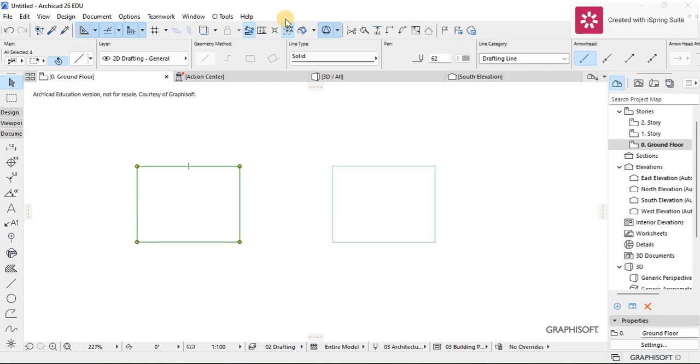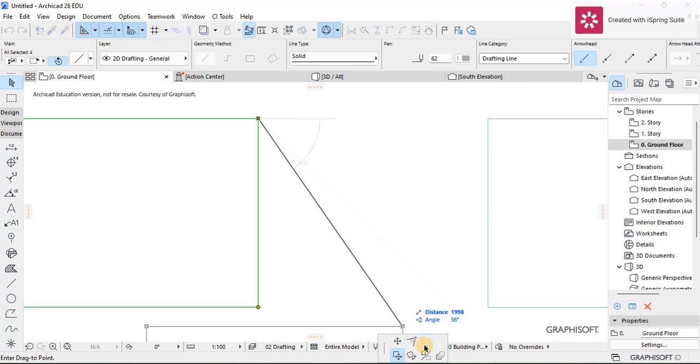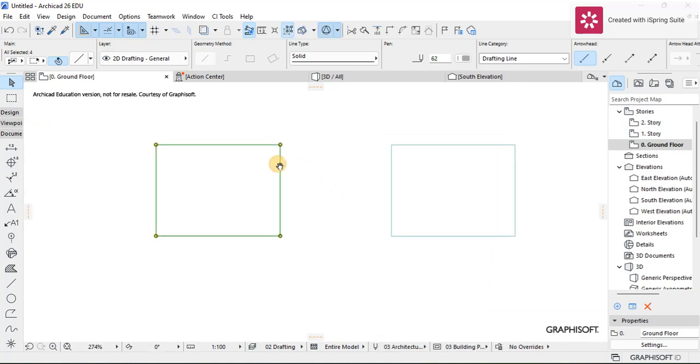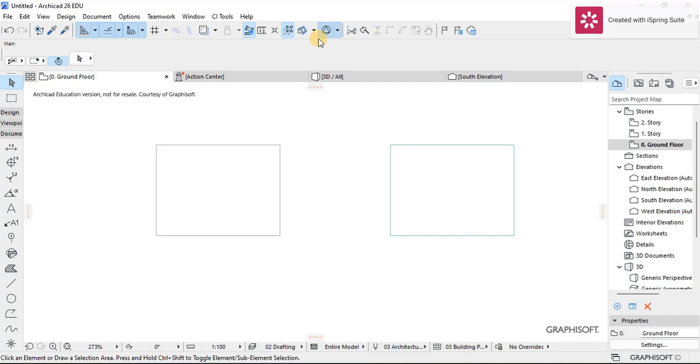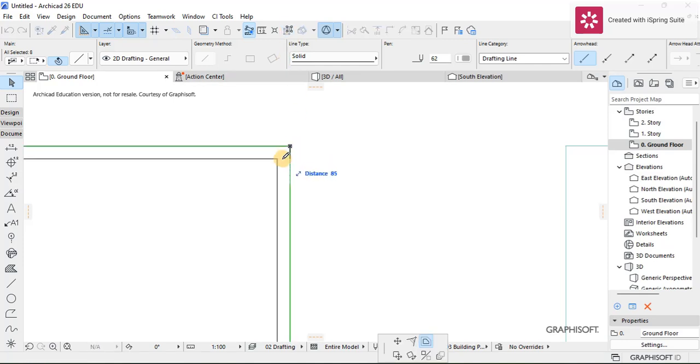So I'm just going to suspend the groups, then I'm going to select one of the corners, and then I'm going to offset it. First of all, before I offset, let me first Control C, copy the line outline, and then I'm going to paste it again on the same position so that I can actually offset one of the lines. So I'm going to select the lines, take one of the lines, and suspend again, take one of the lines, and then I'm going to offset it by, let's say, 80